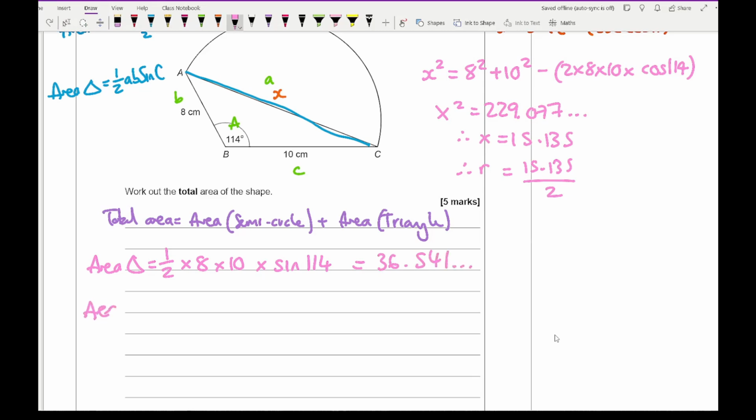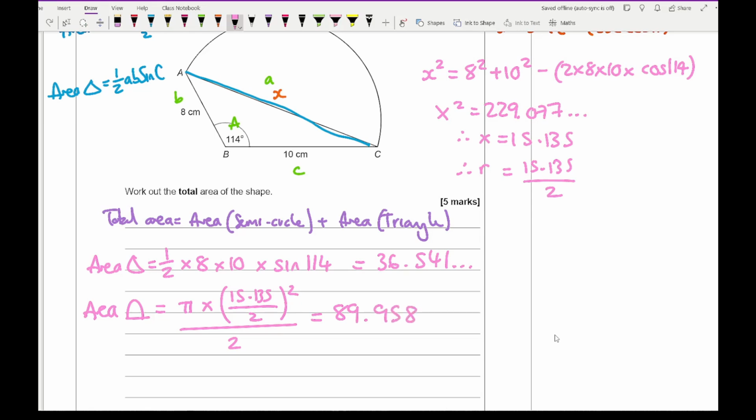Then the area of the semicircle is equal to pi times 15.135 over 2 squared, all divided by 2,